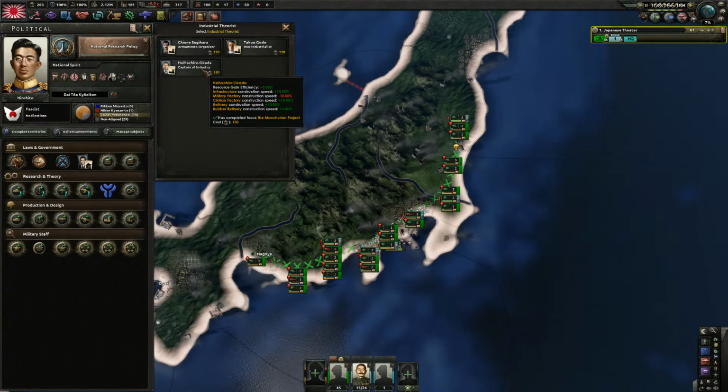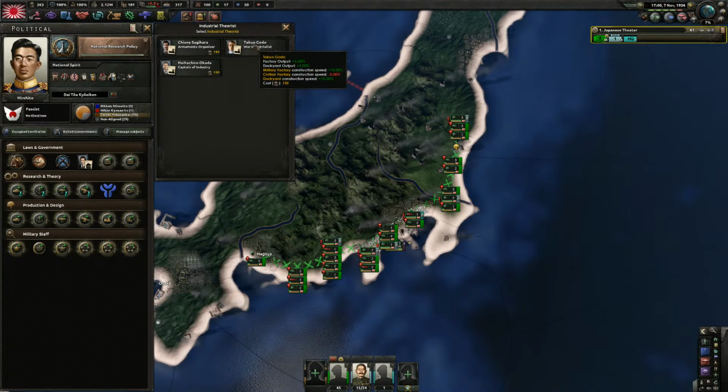You know, maybe not. Resource gain efficiency is 5%. That's good. That's a tough one. I think I'll do this and try to build some refineries in the near future. And then, once we're ready,